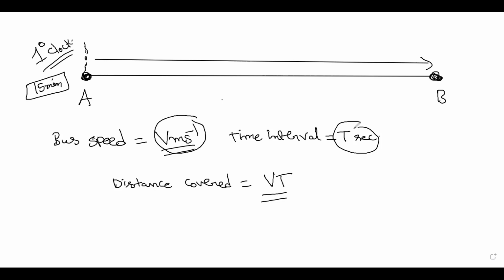Every 15 minutes, one bus is there. Okay. So after T seconds, there will be another bus. During this T seconds, what is the distance the first bus will move? V into T, right? VT meters. Now, did you get this point? But the buses are operating in either direction. This is the backward direction, B to A, and the buses are moving like this also, A to B. I hope I am clear.